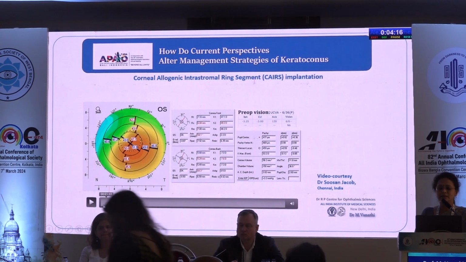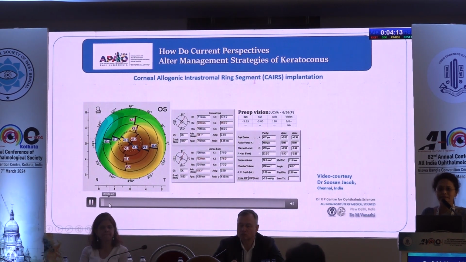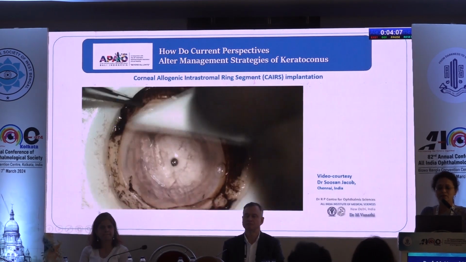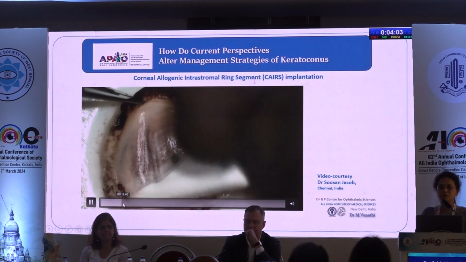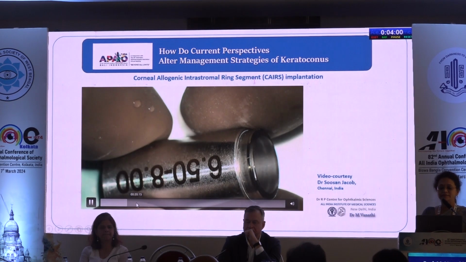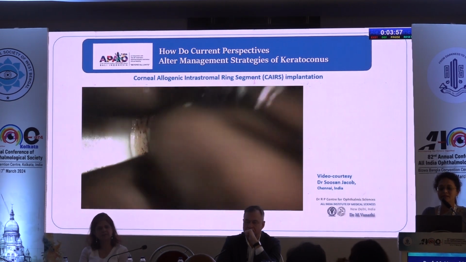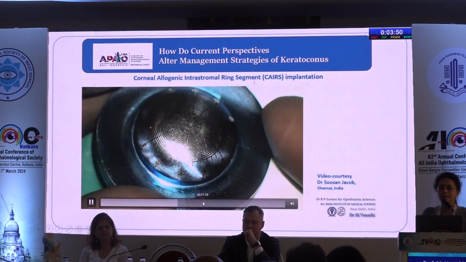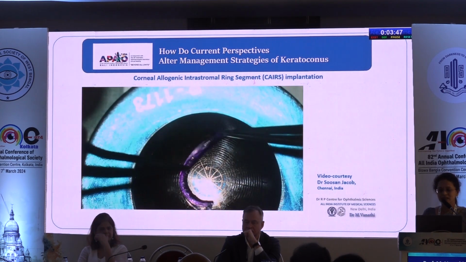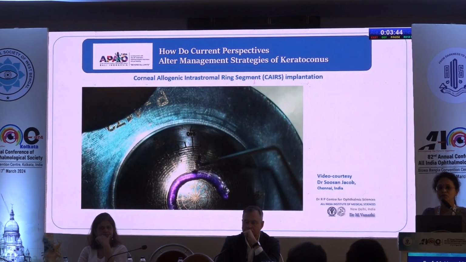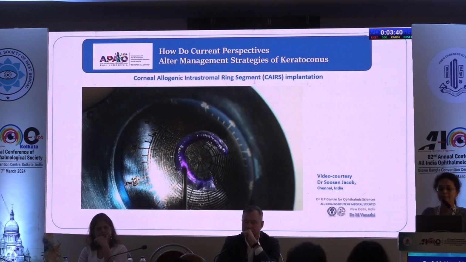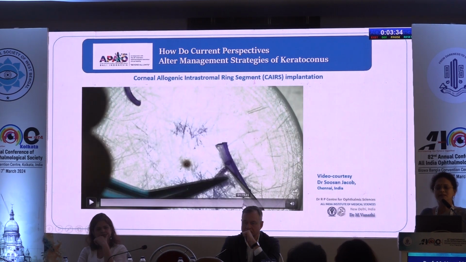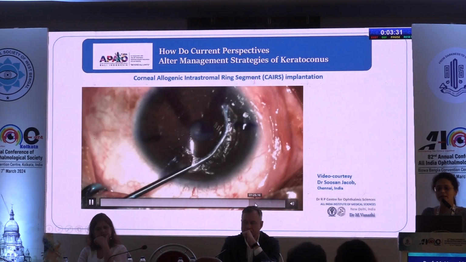When you look at the other tissue adhesion keratoplasty, it's not per se an 8 millimeter diameter graft. Instead of Intacs, you're going to use intrastromal ring segments which are created using allogenic tissue by a specially designed trephine, and these are inserted into a femtosecond created channel. You can decide whether you want to put symmetric or asymmetric ring segments, and there is a marker onto which it's placed depending on the length you would want. There are a few variations again described by Susan Jacob and her group, and it's quite interesting